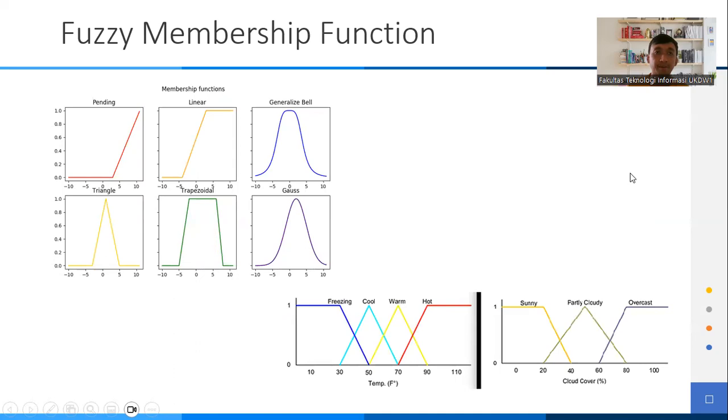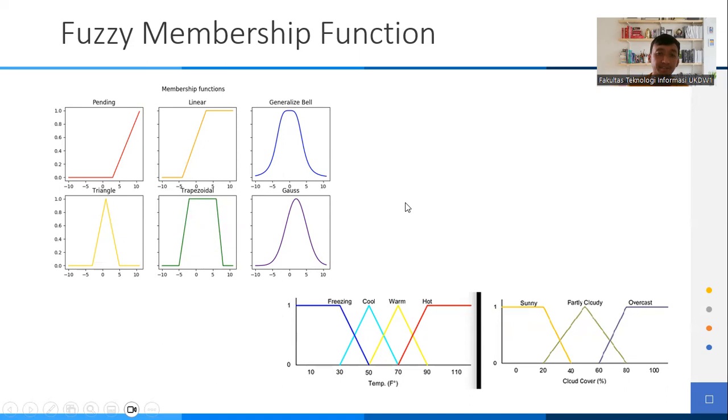And for the fuzzy membership function, there are many kinds of membership function: triangle, trapezoidal, Gauss, linear, and also generalized bell.